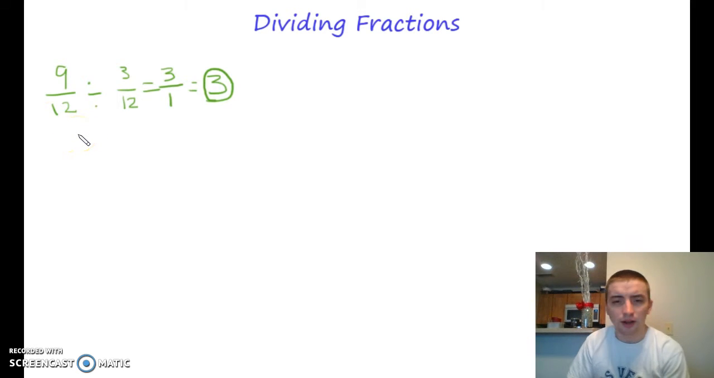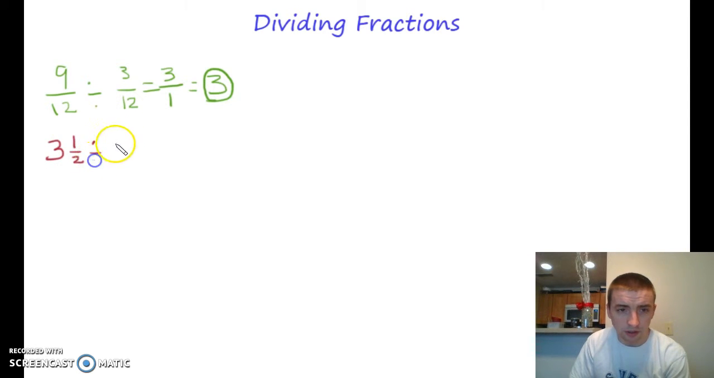Let's take a look at a couple fractions that don't have a common denominator. So if I have the mixed number 3 1/2, and I divide it by 1/3. Okay. First, I'm going to change my mixed number 3 1/2 into an improper fraction. So 3 times 2 is 6 plus 1 is 7, 7/2